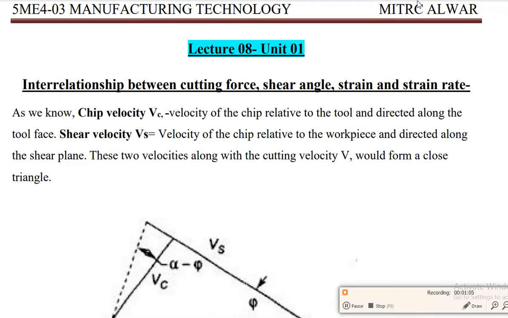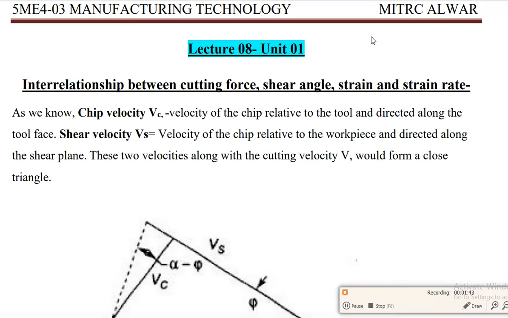From there we get one equation: tc is equal to t into L by LC, where L was the length of the uncut chip. From the previous discussion we found the relationship and the exact size of the uncut chip length L. A small slot parallel to the axis was introduced on the workpiece, so that the uncut chip size L is equal to pi into D, where D was the diameter of the workpiece. The discussion is continuing in this lecture also.